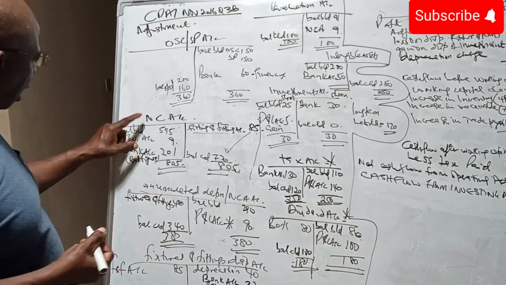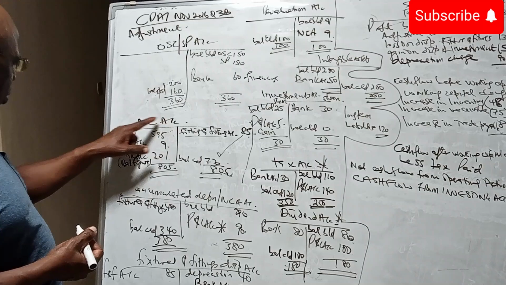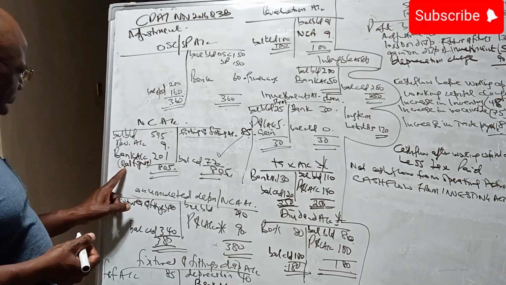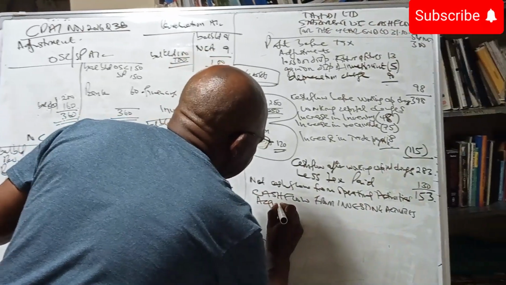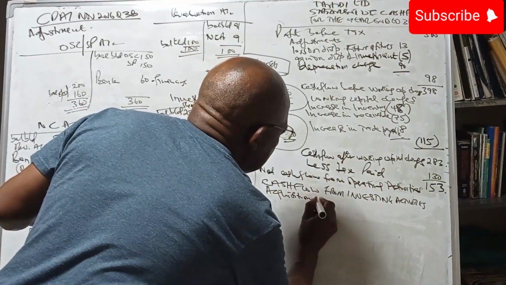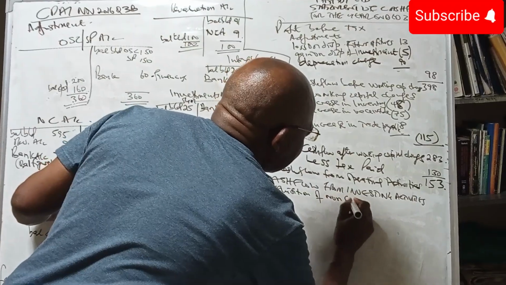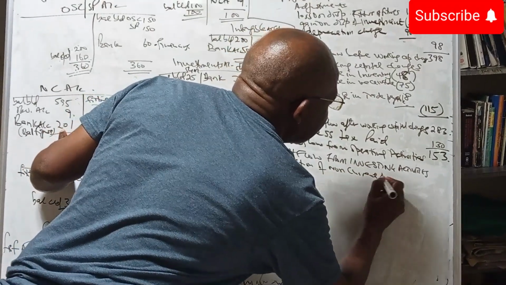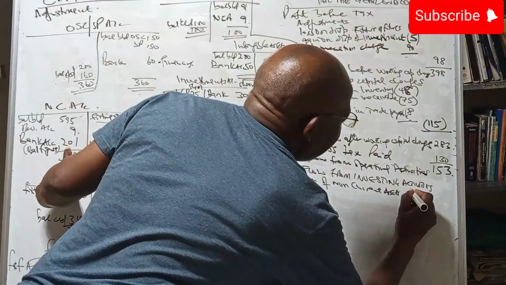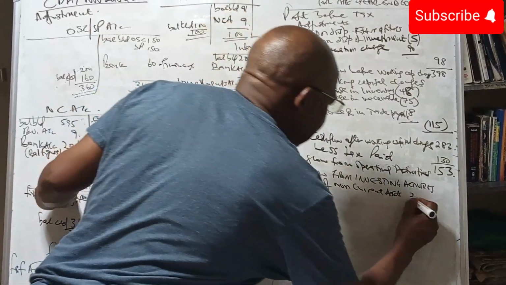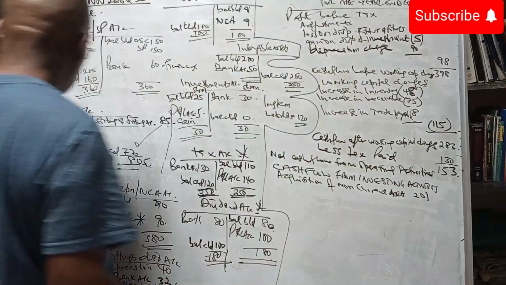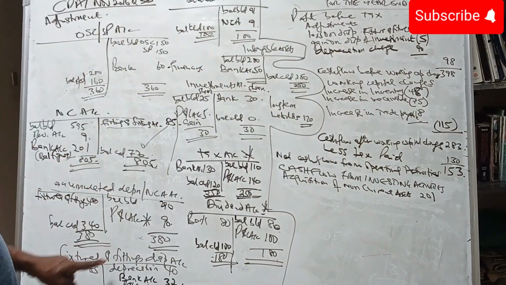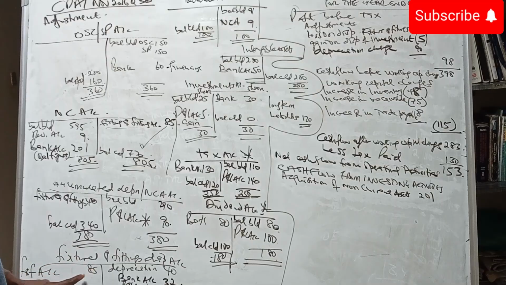So if you come here and you say non-current asset, we say we acquired non-current asset through bank for 201, acquisition of non-current assets. And never forget, we record it on the inside so that the total will bring it here. The total will bring it there. Then we also